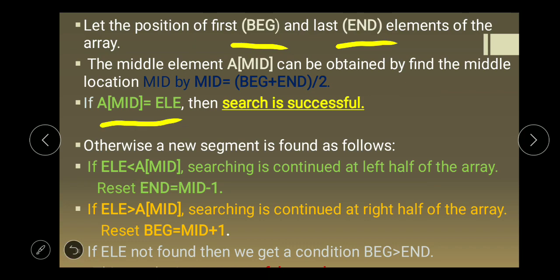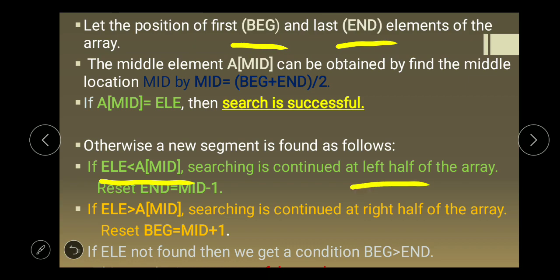If A of middle is not equal to the element, then the element is either less than middle or greater than middle. If the element is less than A of middle, then searching continues in the left half of the array.